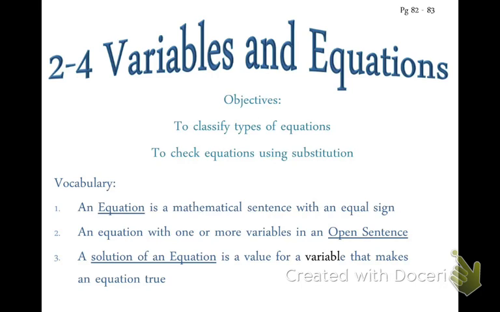An equation is a mathematical sentence with an equal sign. All right? An equation with one or more variables is an open sentence. That means we don't know what x and y or whatever variable is yet. We don't know what it is. It's an open sentence. And a solution of an equation is a value for the variable that makes an equation